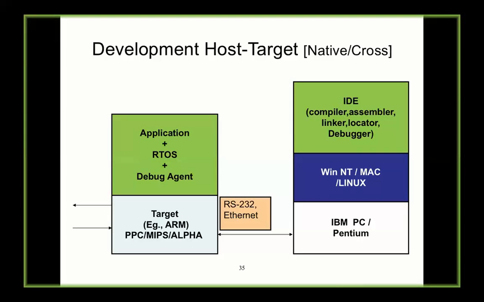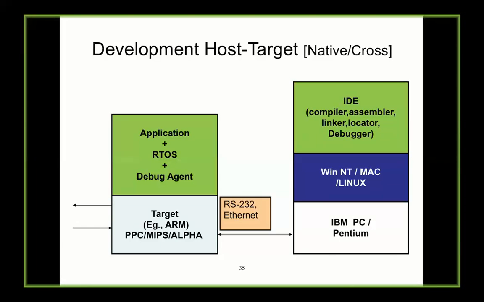And this development is called cross development, right? So embedded development is usually cross development. Cross development means you write on a desktop or similar machine, but run on some other architecture and machine. So usually IDEs run on a certain architecture. And then when you build your application, what you need to do is